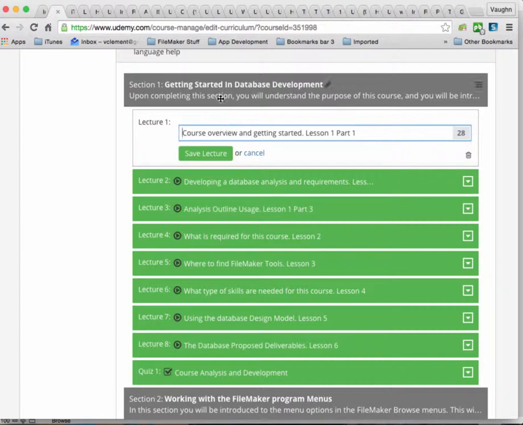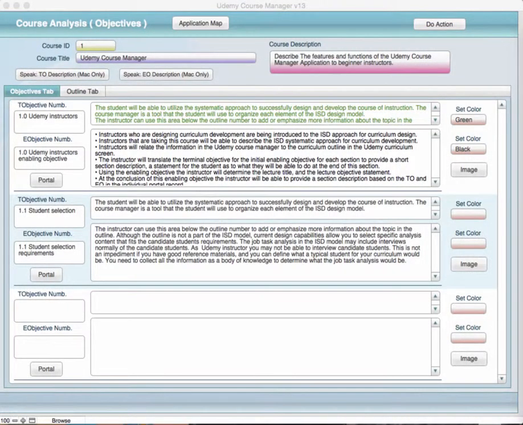But for each TO, there is an EO. You may be repeating the enabling objectives and the terminal objectives. Let's go back and look at how we're doing that. If you take a look at this particular terminal objective, it's about the Udemy instructor. It talks a little about the student who is in this, is going to do the approach, and we're talking about what the instructor will do. And these are statements that are bulletized that are going to be the enabling objectives that need to be covered